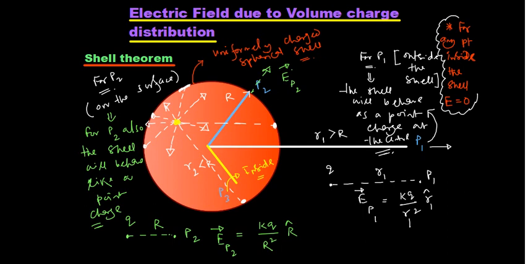Right? So I will write briefly over here that E inside is equal to 0, and I will mark it. And this point can be anywhere. You can take the point here, here, here, irrespective of its position. At any point inside, electric field will be 0. And any point chosen on the surface or outside the shell will behave like a point charge concentrated at the center. That's it. You don't have to know anything else as of now.